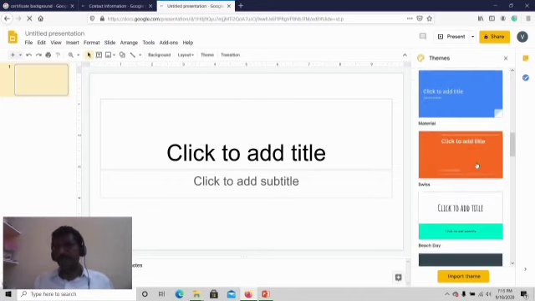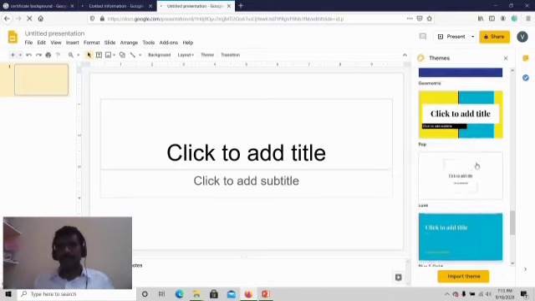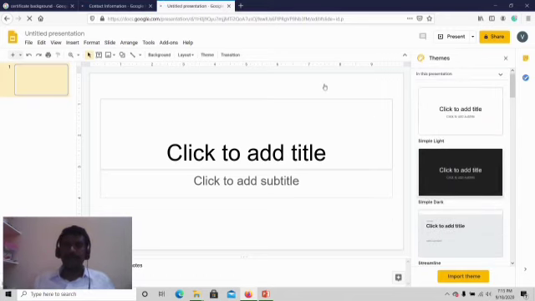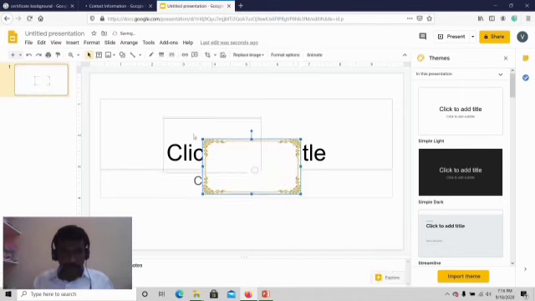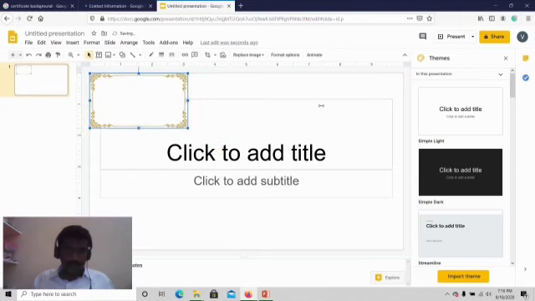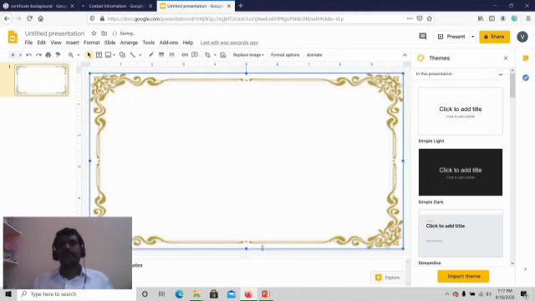These are some of the default backgrounds. You can choose any of these if you are interested. But these don't have borders, and some of the people are very interested in having borders. This is our copied slide background. Just adjust it according to our slide, just drag that. Yes, now this is the certificate background.